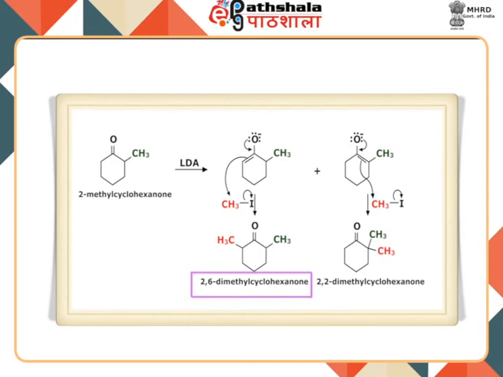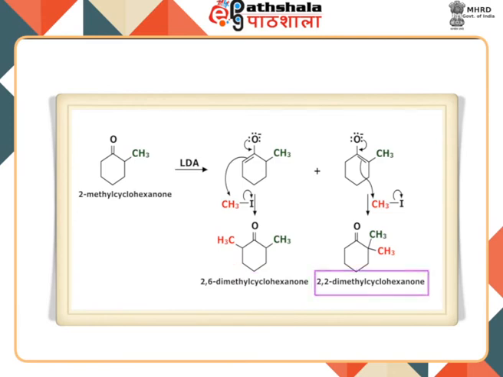The enolate leading to 2,6-dimethylcyclohexanone is the kinetic enolate because the alpha hydrogen that is removed to make this enolate is more accessible, particularly if a hindered base like LDA is used, and slightly more acidic. So 2,6-dimethylcyclohexanone is formed faster and is the major product if the reaction is carried out at -78 degrees